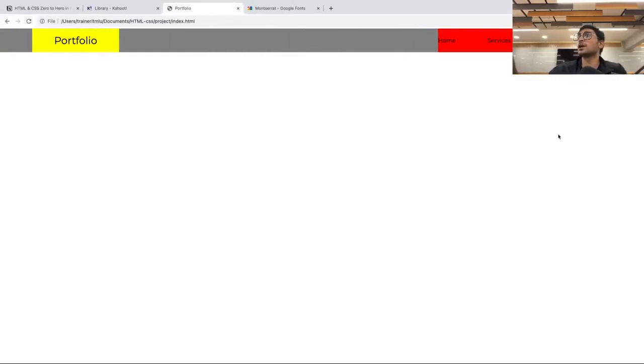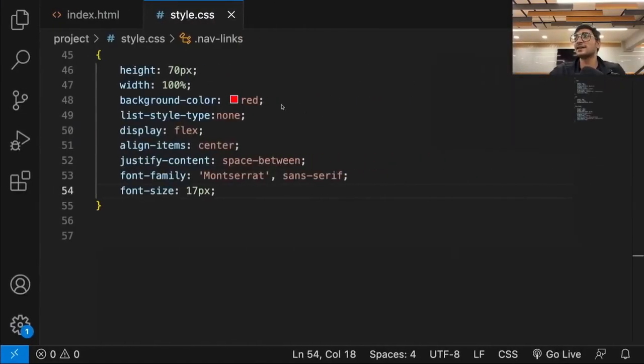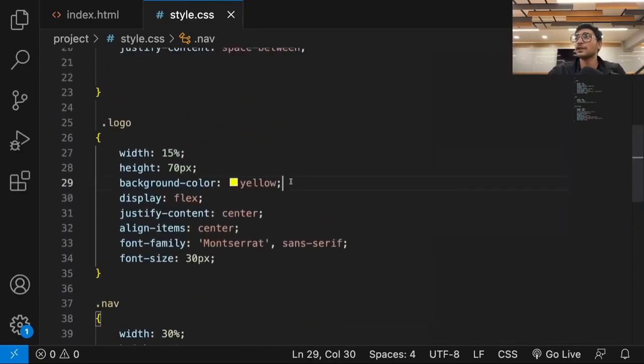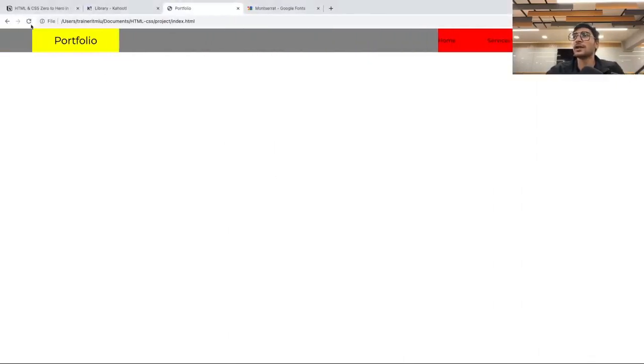And here we go. A good looking, simple navigation as well. Okay, now the final thing is, remove the red, remove the blue, remove the yellow, and you will have a really, really good looking header like this. Is that clear, guys? Now don't worry, we'll change the color of this, but we have a simple